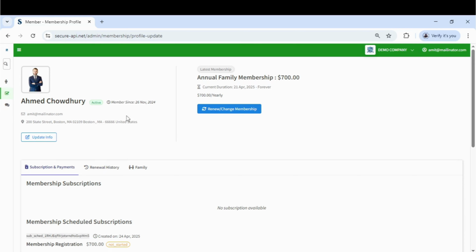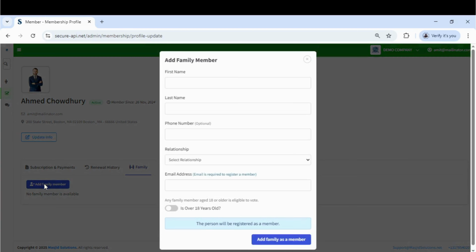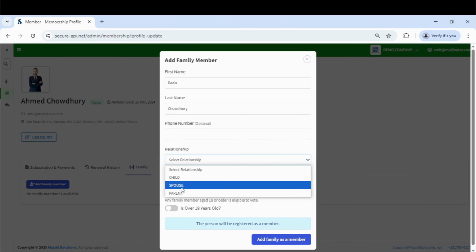Now, in order to add family members, the member needs to go to the family tab, and you can see there is an add family member button. The member needs to click on it, fill out the form, the relationship,